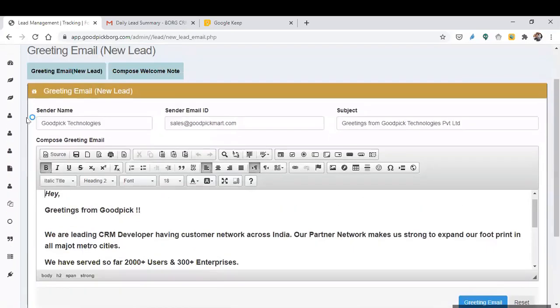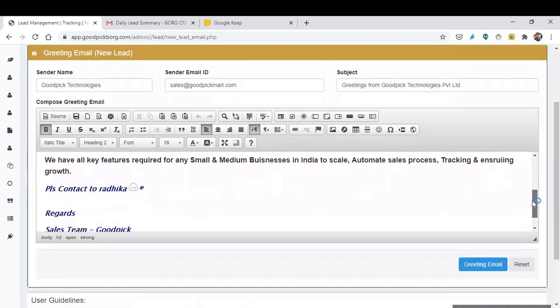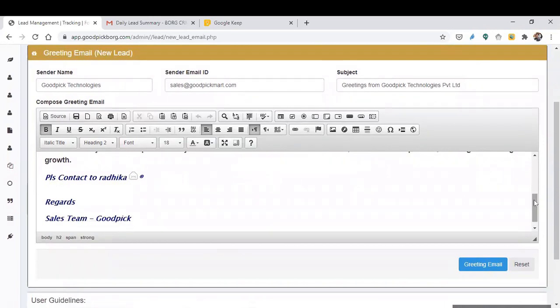Here it will ask for your sender name, your sender email ID, and the subject you want to put for your prospect. We are talking about a greeting email. You can draft the greeting email beautifully, and you can also use a design template if you want.